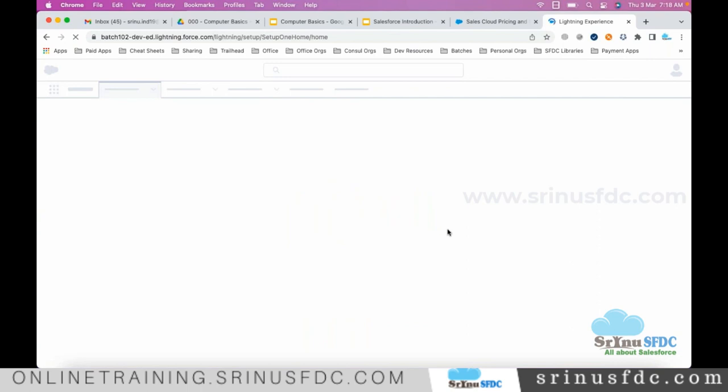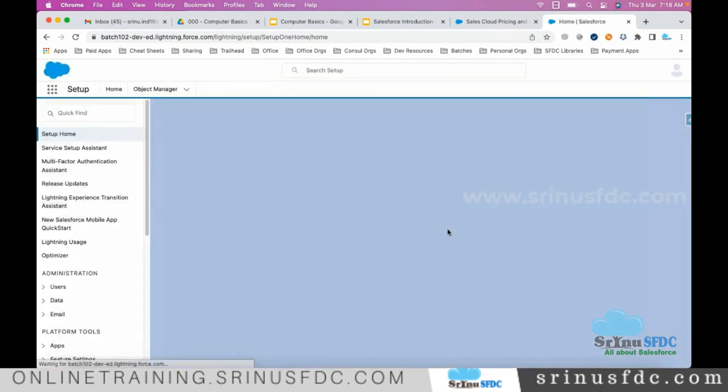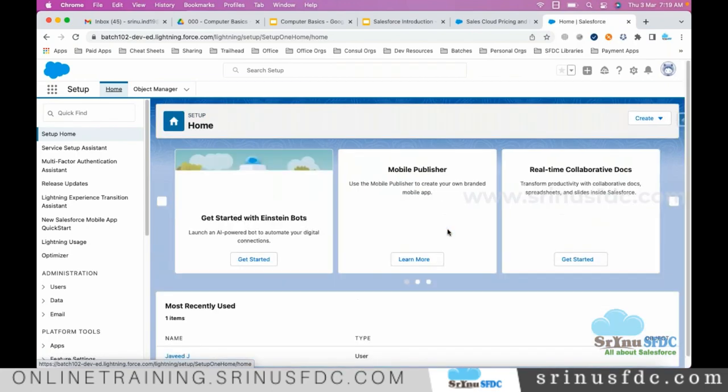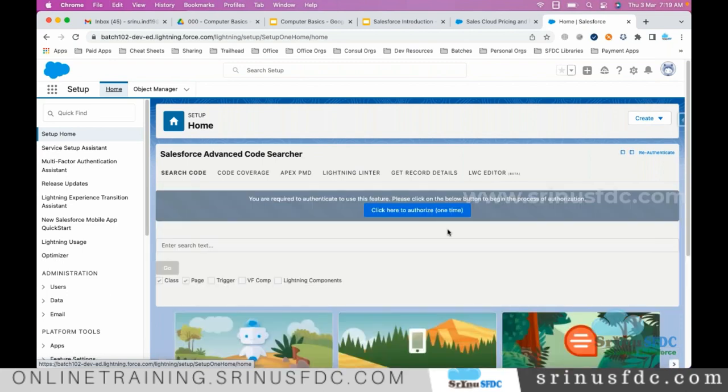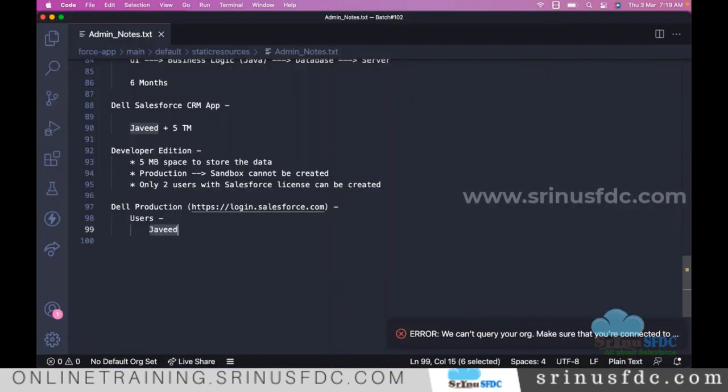Okay, finally it logged into Salesforce. Once we register and log in the first time, this is how Salesforce looks. This is the default software, right? By default, this is provided by Salesforce. All these pages and all the functionality we see here are provided by default by Salesforce. On top of this, if you want to make some changes as per the client requirements, in our case Dell is our client, then we need to